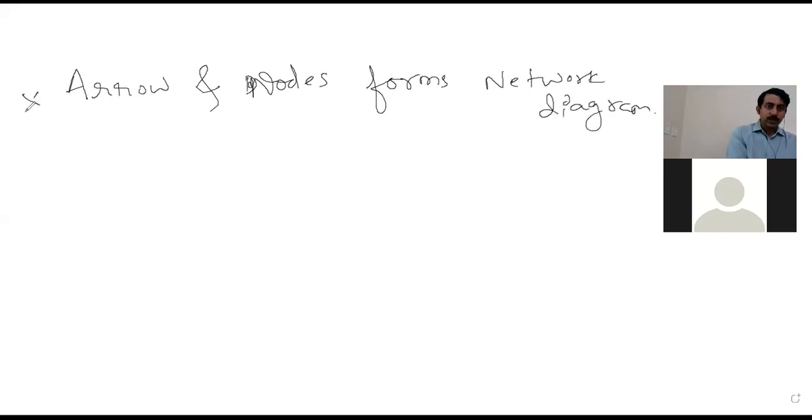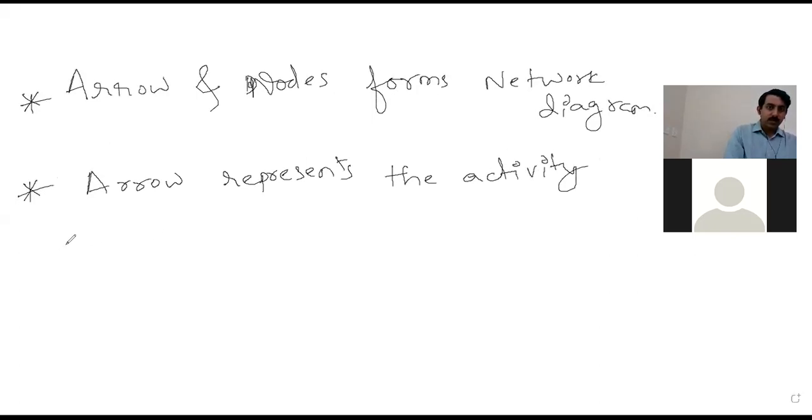So two things are there in the network diagram. One is the arrow. The arrow represents the activity, while the node represents